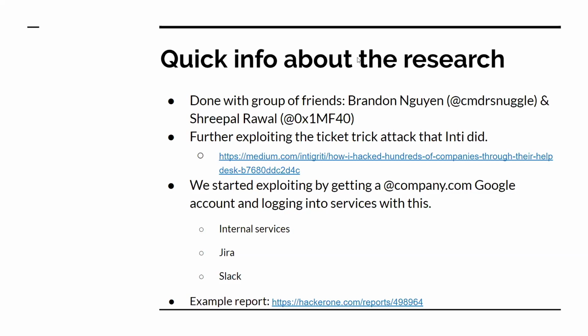Even though I'm more of a web app hacker, I like to look into how I can get inside a company, whether it's through their Google sites, their internal management, and other instances. So seeing that blog from him really got me excited because he had managed to get access into Slack instances, internal Jira instances, and many other sub companies. I tried reproducing it, but as we all know, when that blog came out, Slack had already managed to push out a fix with updating emails.